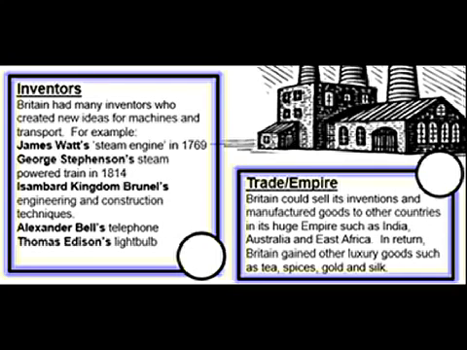So it was very important for an industrial country as England was becoming to count on a great empire, on a lot of colonies, and England came to acquire a huge empire comprehending India, Australia and East Africa. Britain could get luxury goods such as tea, spices, gold, silk from these places, which also became marketplaces for the British factories. The Industrial Revolution was definitely made possible by the new inventions,